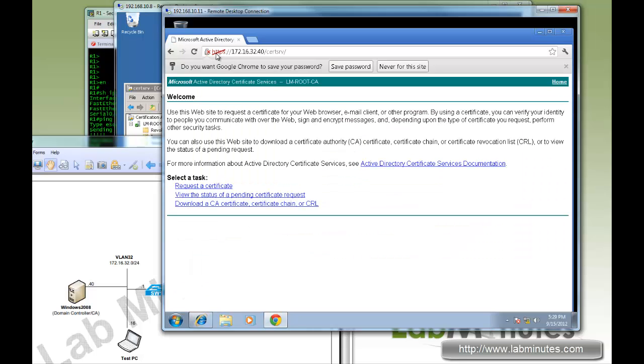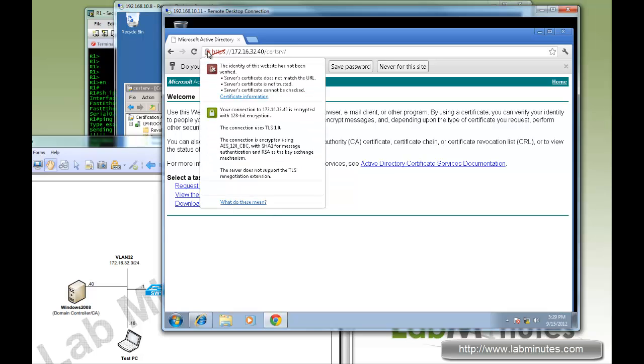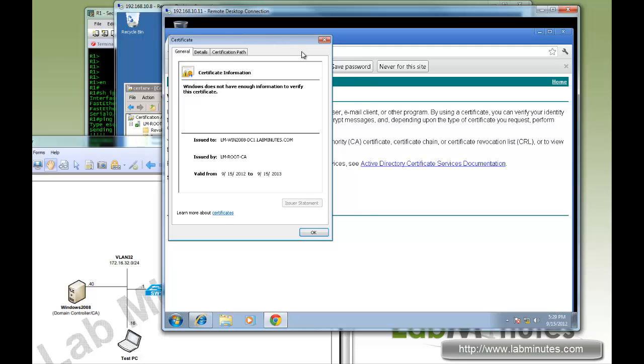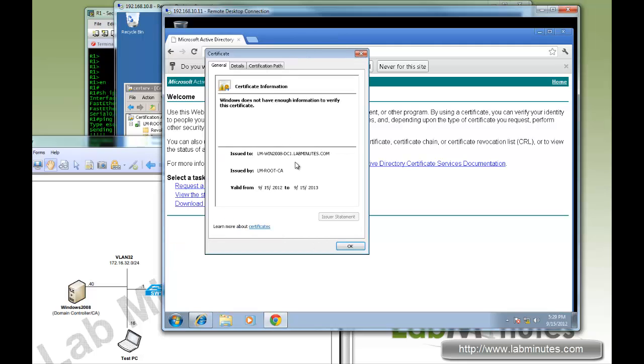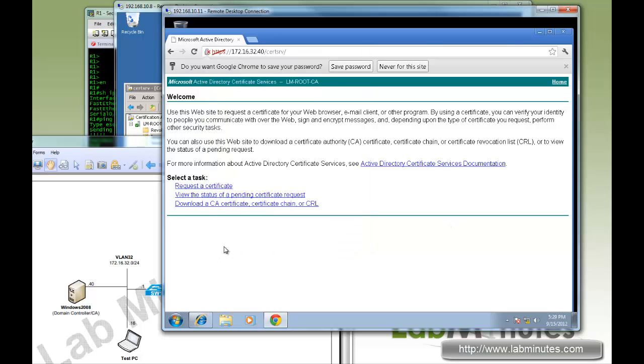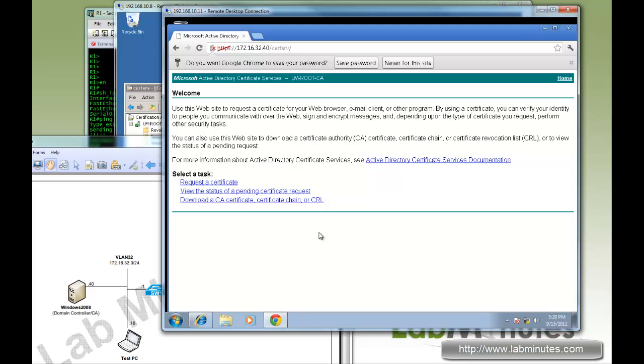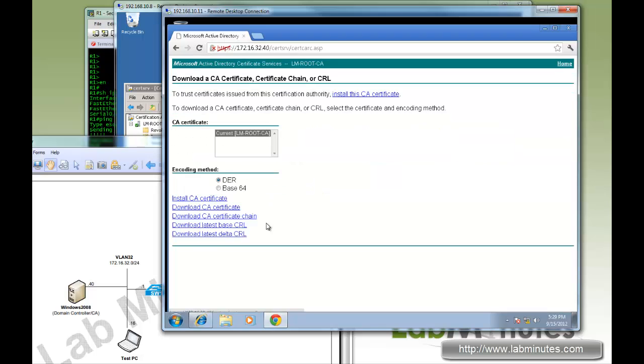Now we're logged in. Just take a quick look at our certificate that we have here, just to get information. You can see as part of the installation process earlier, we specified that we want to use the server certificate for the SSL communication, and that's what it is. So before we make a certificate request, we need to have that root CA server trusted by this machine. So the first thing you want to do is download the CA certificate, and here click install CA,